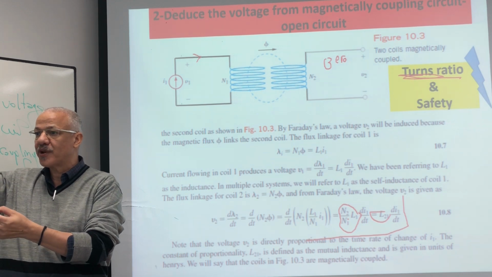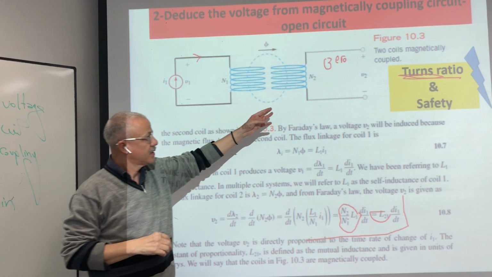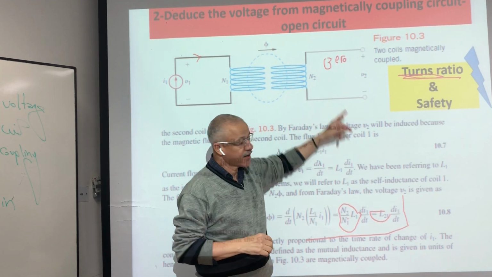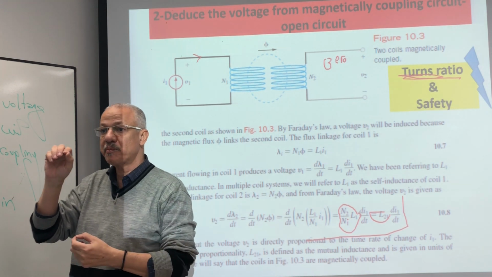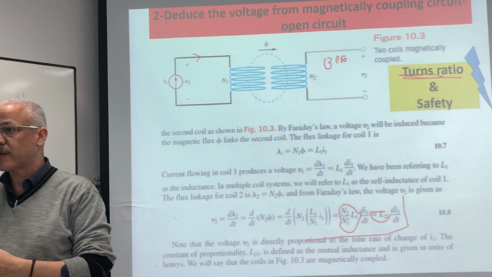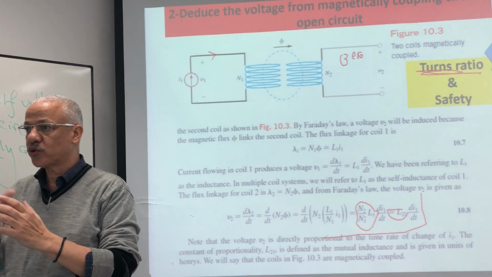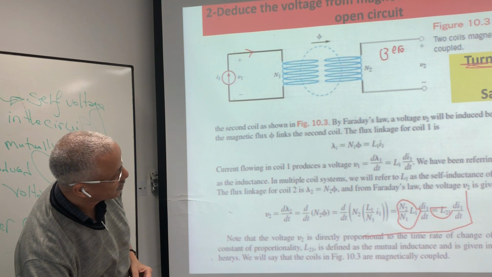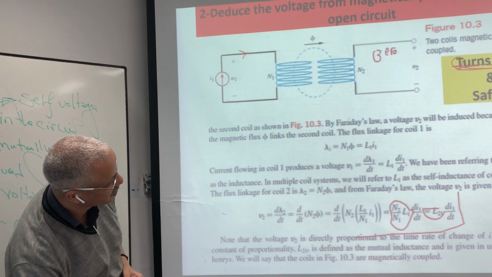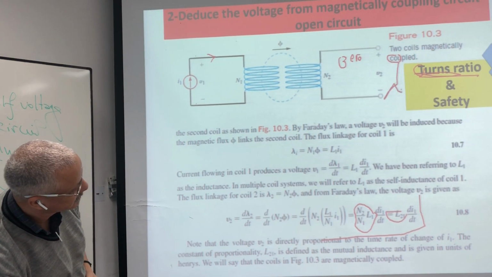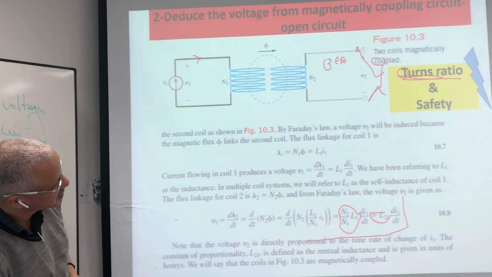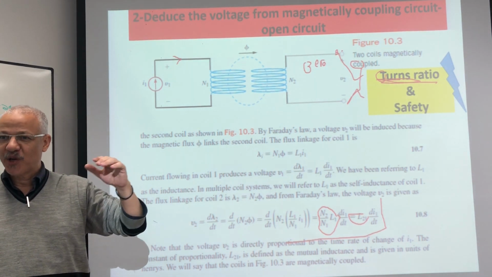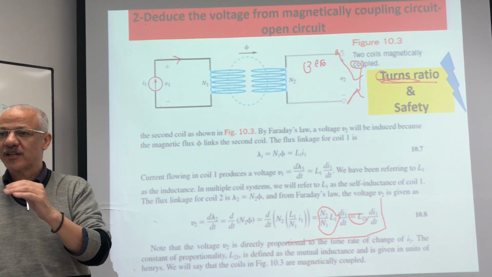So if you leave the circuit open, with this few turns and this large number of turns, there is a very large voltage that can burn your body once you touch it or put your hand here. So it is very, very dangerous if you put your hand. So for these reasons, when we have current transformers on the line, when we use it for measurement, you cannot